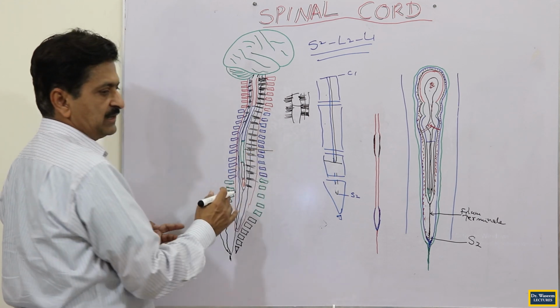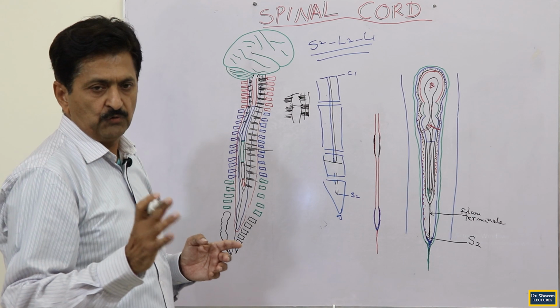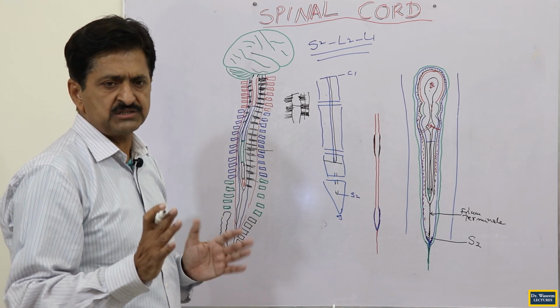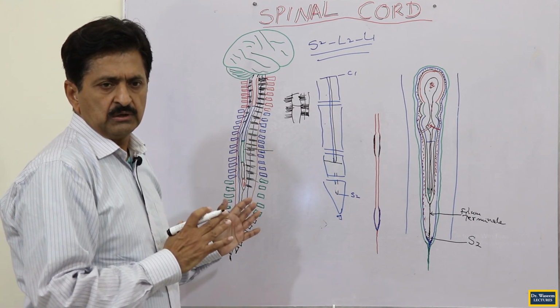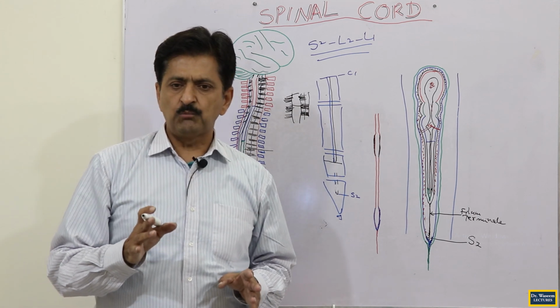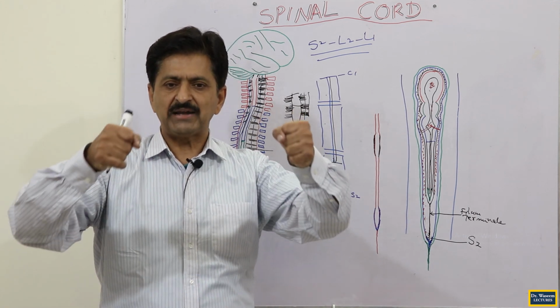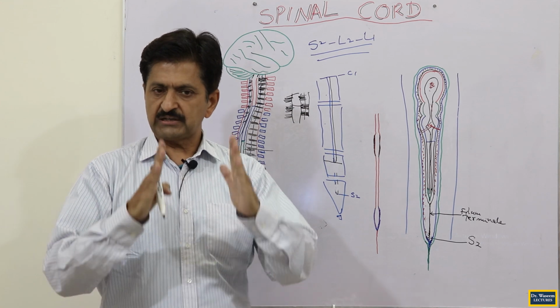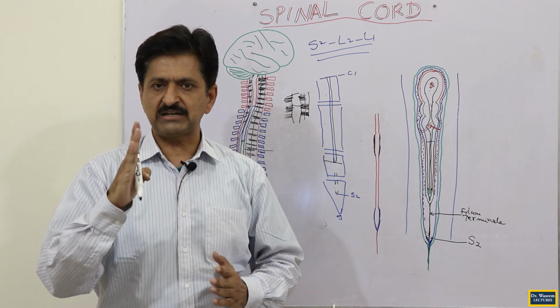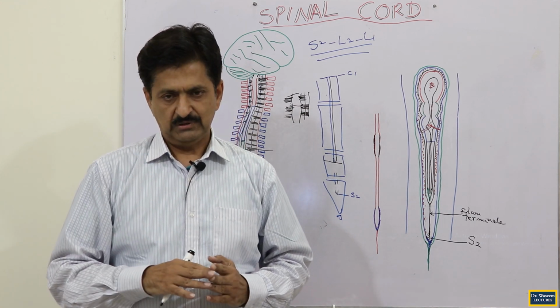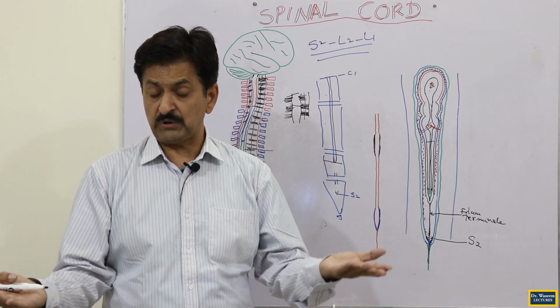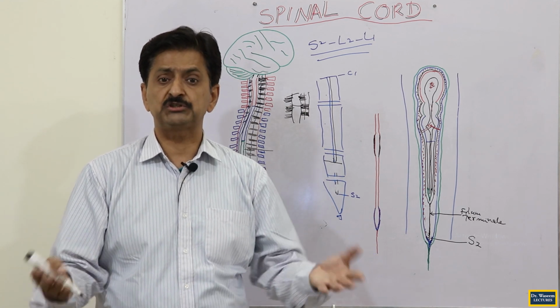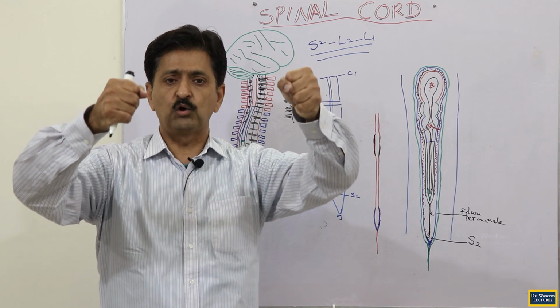Two things here from the extensions point of view, from the stabilization point of view, and this is not just only stabilization. More stabilizing factors are the attachment of the nerves, because you know that on the two sides of the spinal cord we have 31 pairs of spinal nerves. 31 means on one side 31, on the other side 31, means 62 nerves are actually holding the spinal cord.